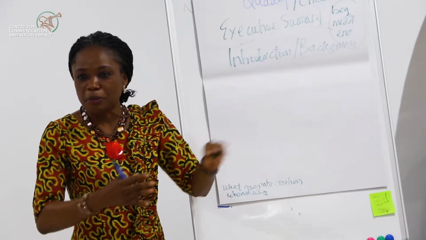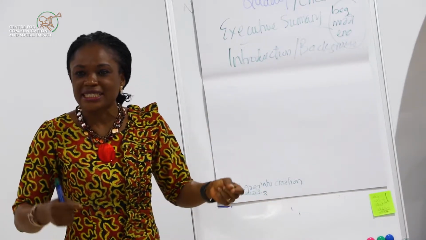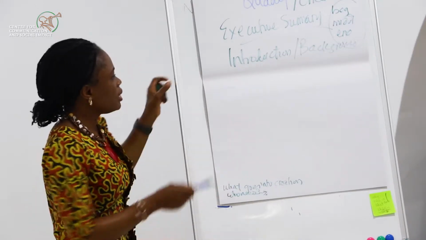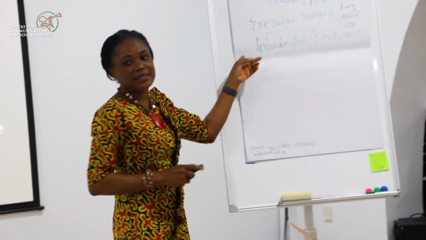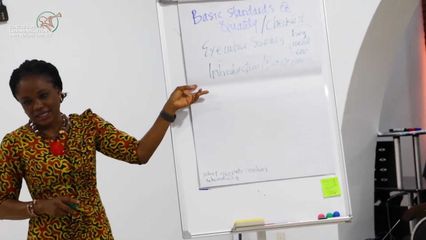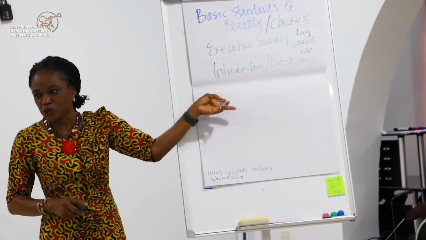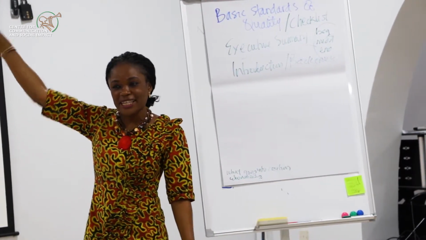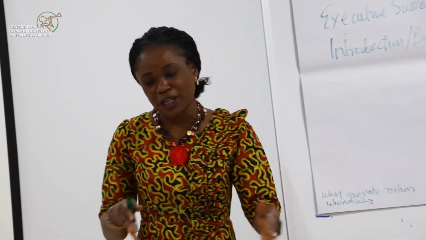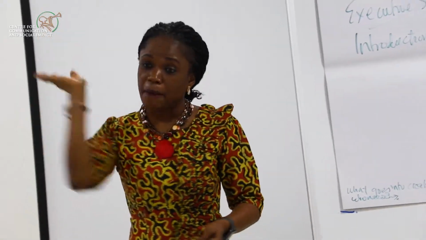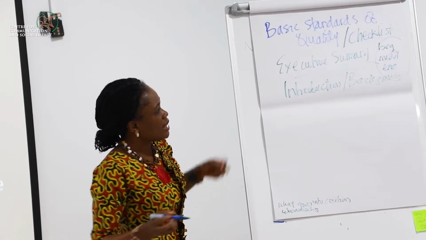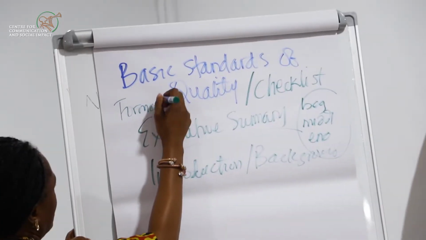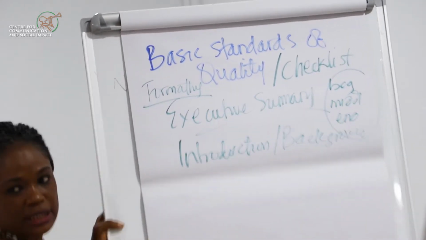So it's not a matter of the bulkiness of your report. It is the essence and the highlights and how you capture everything that went into it. So we should look at how we are creating or curating a context-specific introduction and background. At times, the introduction and background has been obsolete, and that's how they know that the person writing the report was not connecting the dots. You just copy from there and paste it. So on basic standards and quality, you should look at your font. Formatting is key. That's a talk for another day.